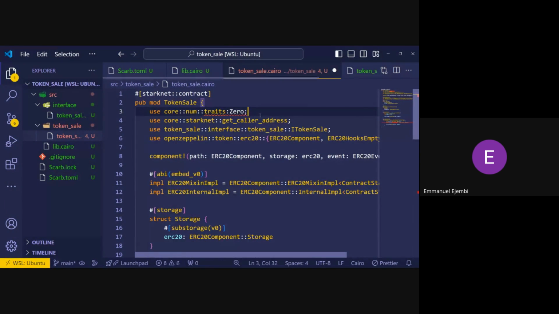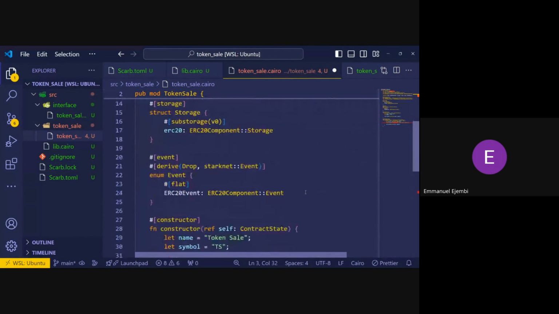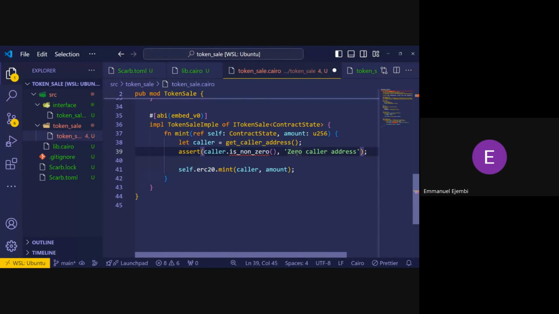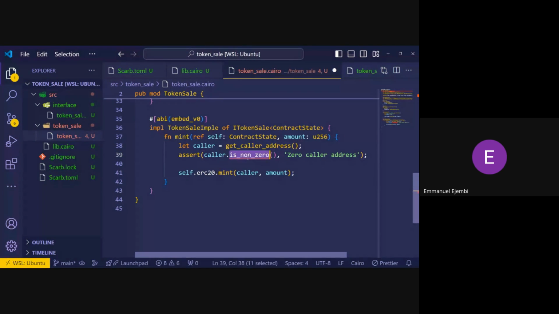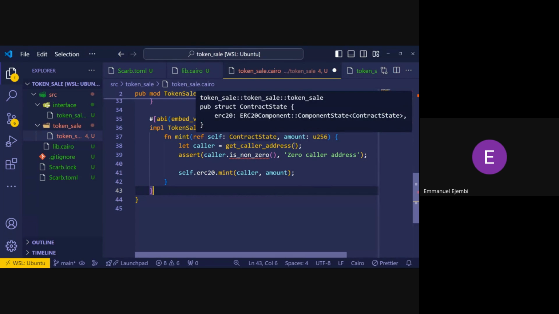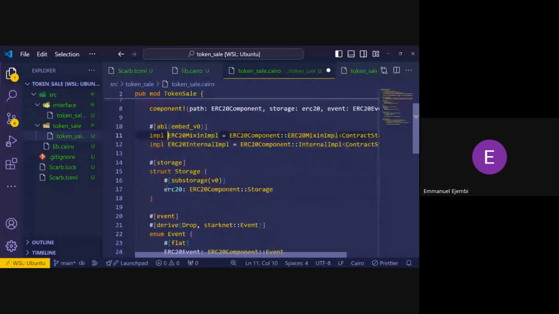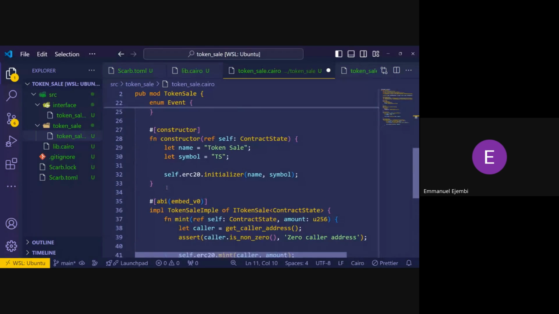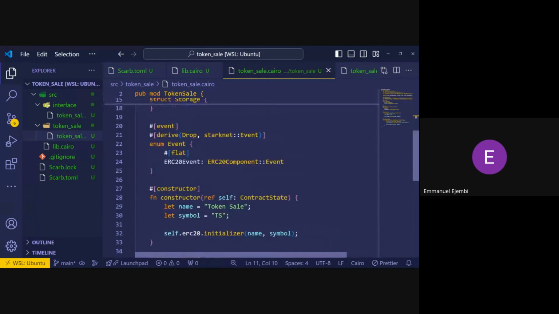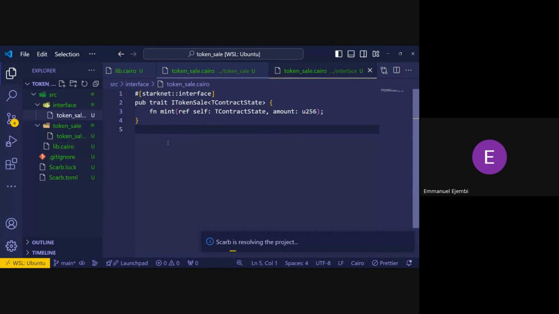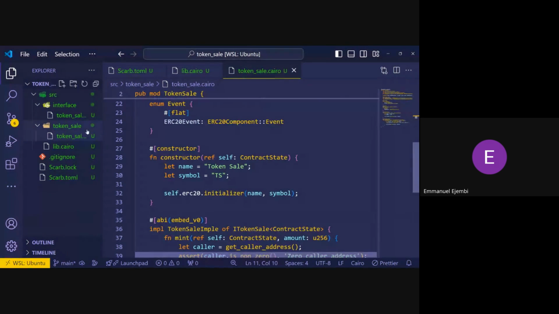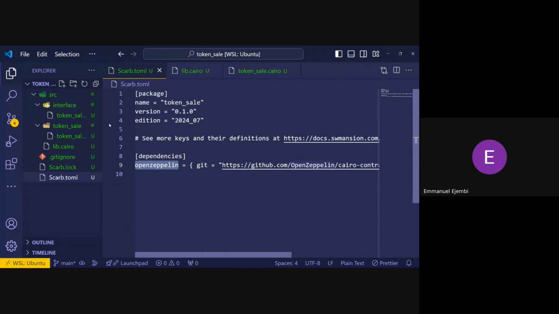Oh, I missed the config column. Okay, so now we can